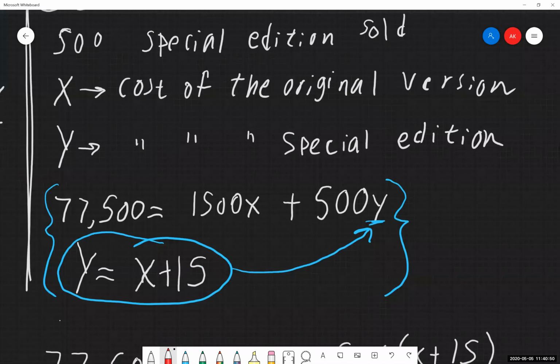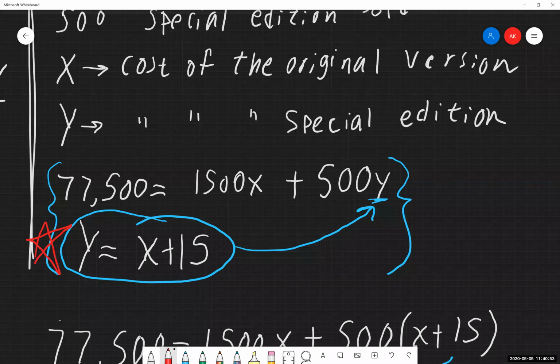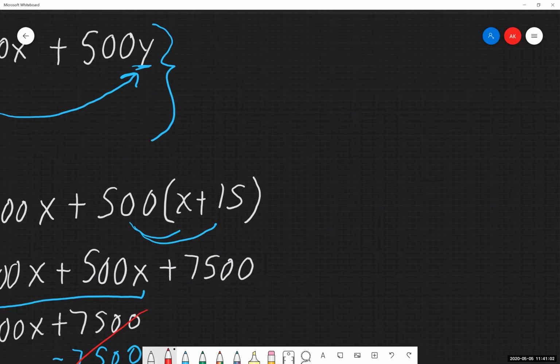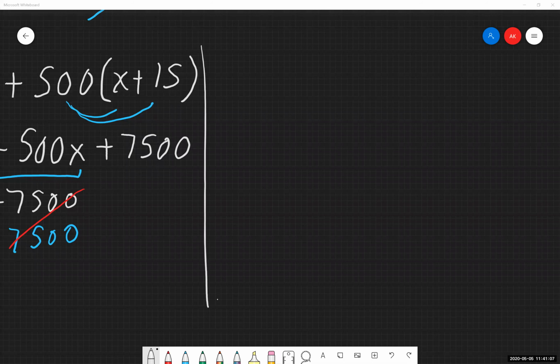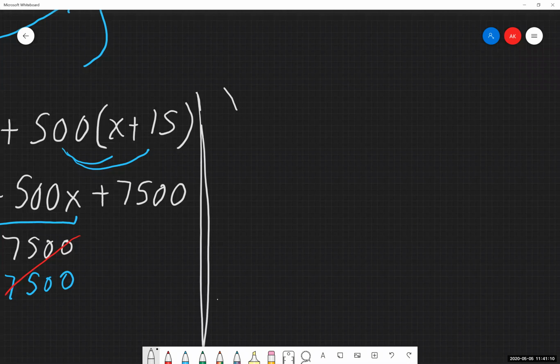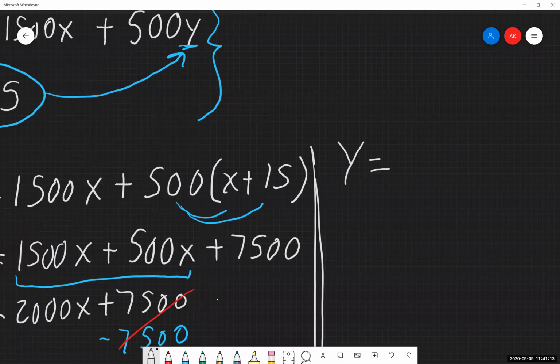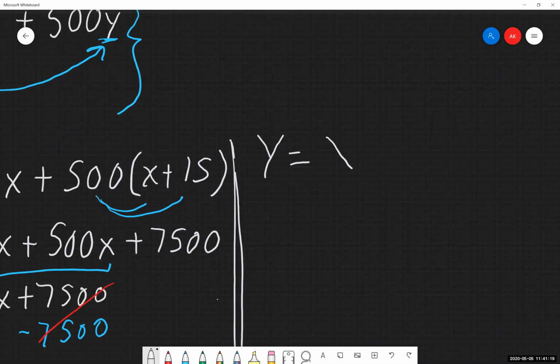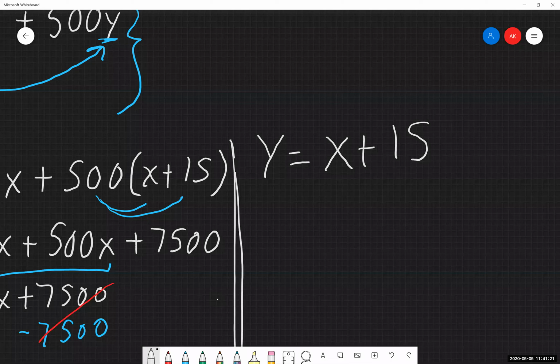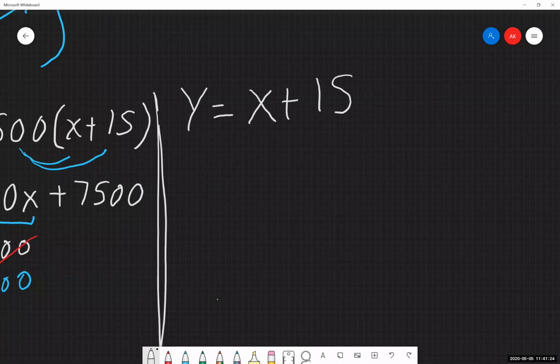And thankfully, we also have an equation for ourselves that can tell us the cost of the special edition, which is what we made originally. So I'm going to rewrite that off to the side because we need the cost of the special edition version. We were told our equation is written out as y is equal to x plus 15. So that's all I'm doing is rewriting that over here. I know the value of x, so I can plug that in. We had 35 for that.